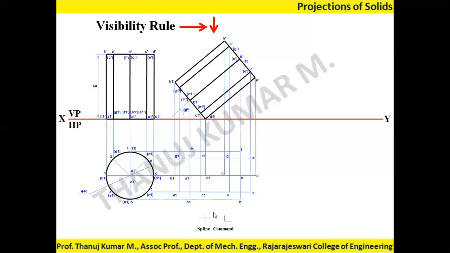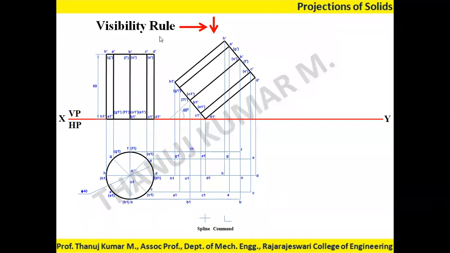Using the spline command, especially in Solid Edge, it is difficult. If you use both the commands together, in the sense like this, where I have one endpoint and this is an intersection point, you cannot draw the spline line. It is the drawback in this software, which cannot be drawn with this spline command. So all these points should have either the endpoint or the intersection point. Only then you can easily draw. Okay, this is very essential.